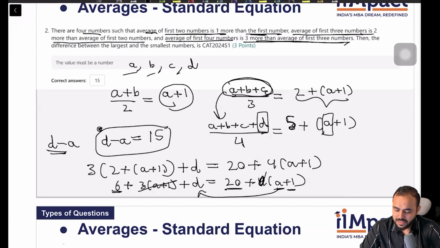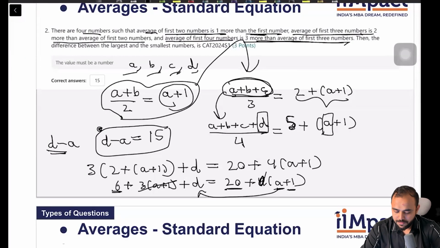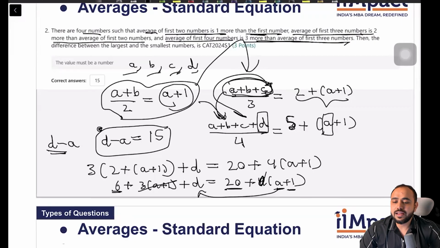A is a single item, B, C, D are single items, so though weighted average is used, it's a standard average question. However, even then there are possibilities of making certain calculation mistakes. For example, if you had thought, I'll find B in terms of A, then I'll put that here, then you will find C in terms of A, then you will put that here and B here, it would have been unnecessarily complicated. So this goes back to one of the things that I have told you multiple times: